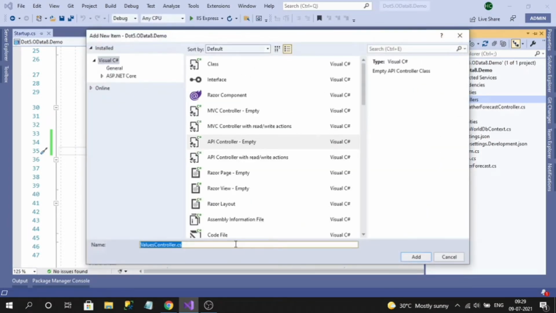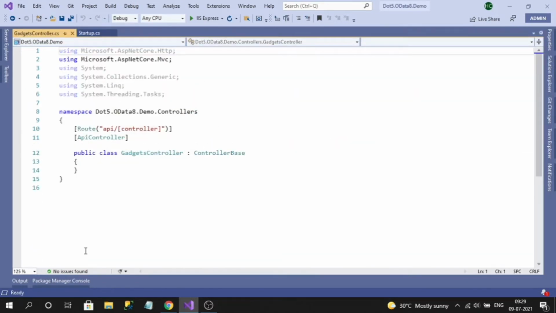And I will name it gadgets controller. So this is how the controller has been created for us. The beauty of OData is it is now compatible with the .NET routing itself. Let's create some action method.